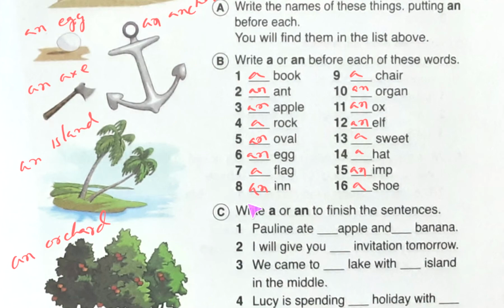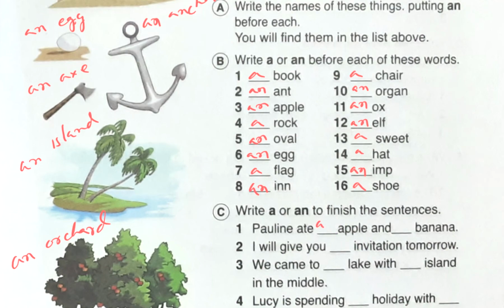Okay. C number exercise, write a or an to finish the sentences. So, same thing we will do. It means I am telling again, if we find that a word has started with A, E, I, O, U, means a word has started with a vowel, then we will add an before the word, and if we find the word has started without a vowel, then we will put a. Let us start. Pauline ate